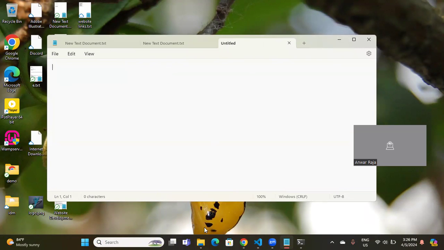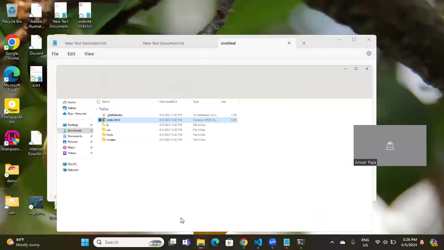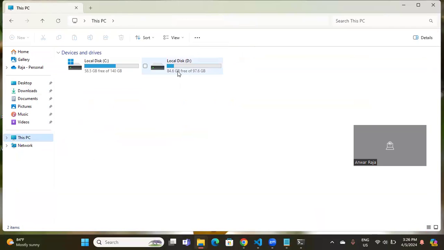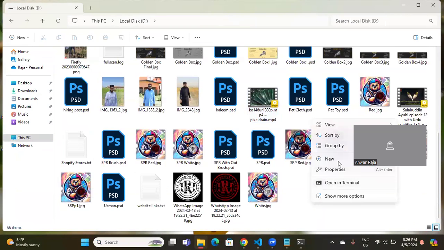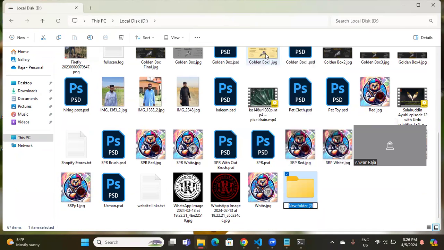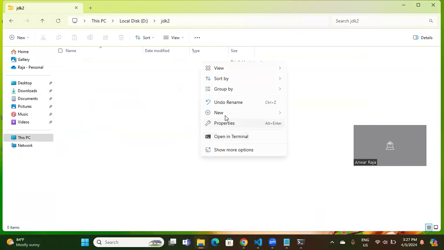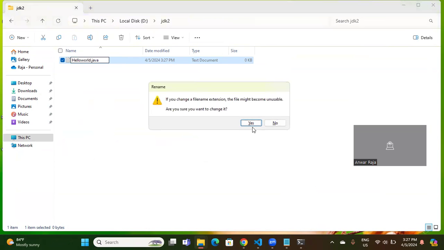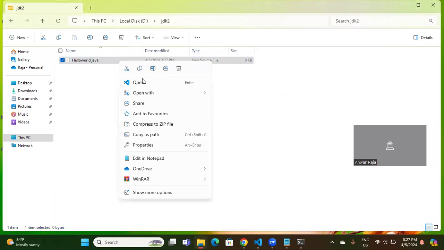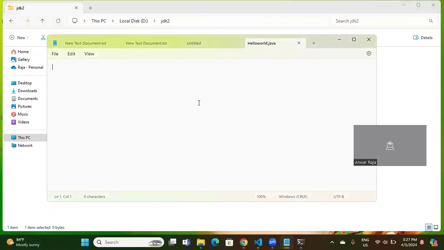So just go to any of your directories. I'm going to D drive, and from here, creating a new directory, JDK 22. Inside that, I'm creating a file with the name Hello World dot, make sure, java. Click on OK, and after that, open the file. I'm using the default editor, Notepad. Just paste the code